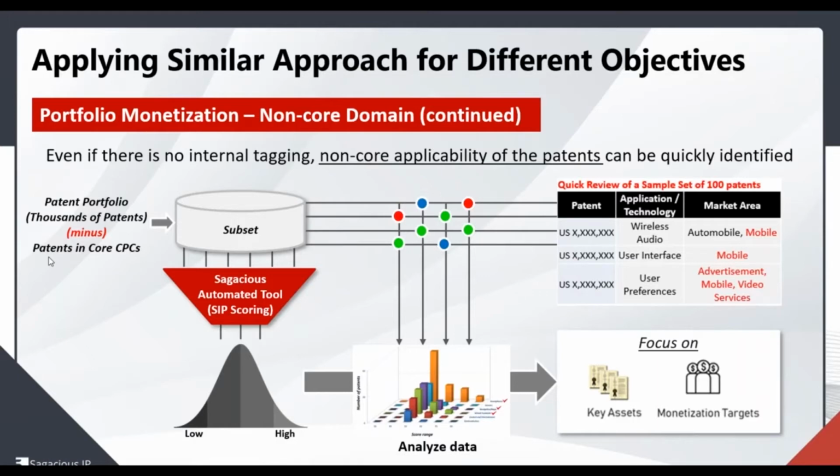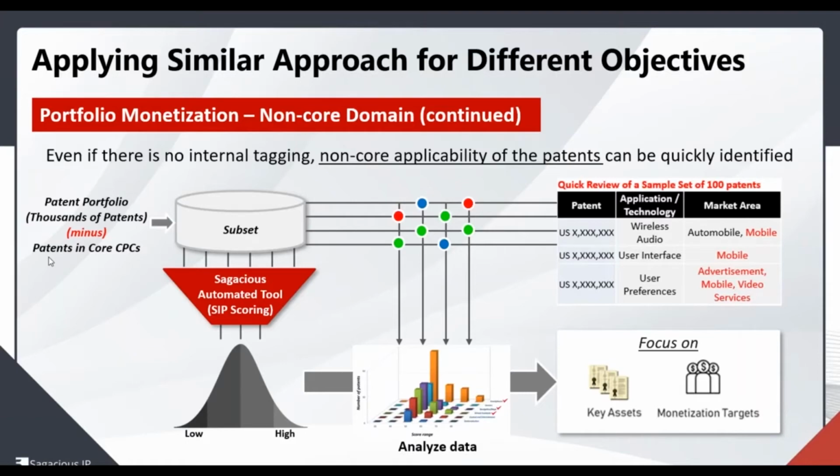Another way of looking at this is to look into the CPCs or class codes of your forward citations, because that is an important factor when considering whether your patent might be applicable to a particular domain. When you have just filed it, you may not know, but say in 10 or 15 years, you realize that patent owners in other operating domains are also citing your patent because it is now being applied to different industries. That sort of analysis you can do to obtain a patent set, and use it with an automated ranking tool to prioritize patents and quickly screen through them.